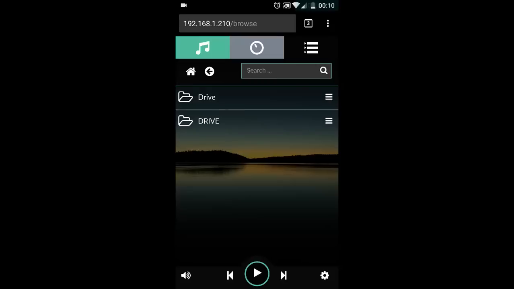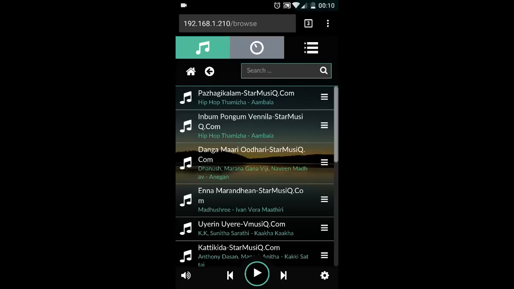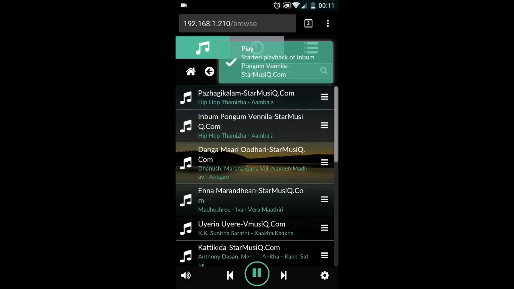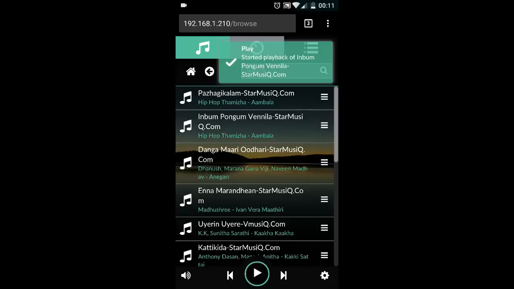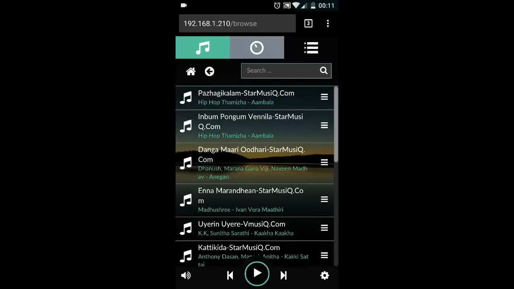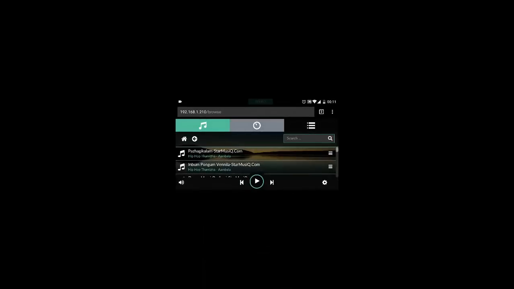Click on music library. So you have the list of the tracks. Double tap to start playing it. You can pause and play. Just for the sake of not getting any copyright hits, I'm not playing the full track. You can hear the music actually. So that is how it is done, by hosting Volume IO in your PC through a virtual box.